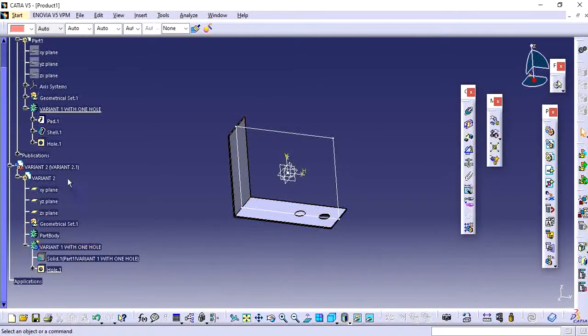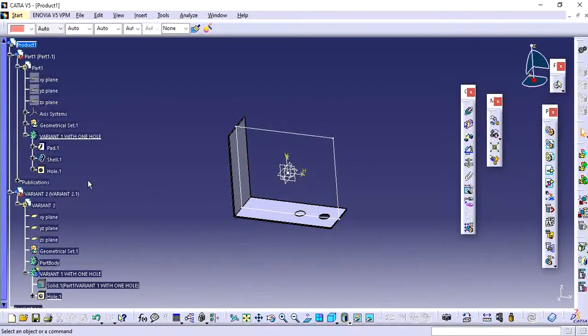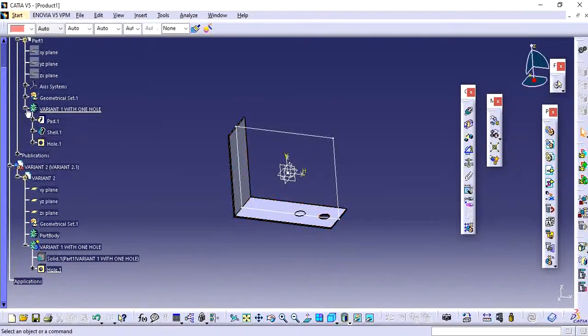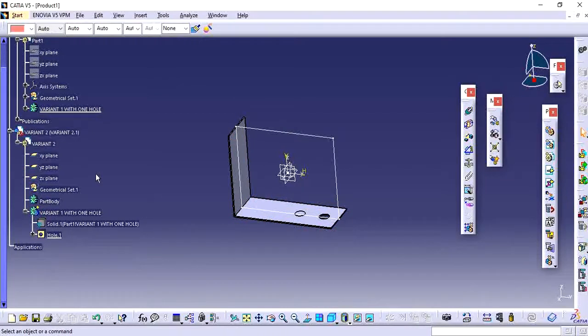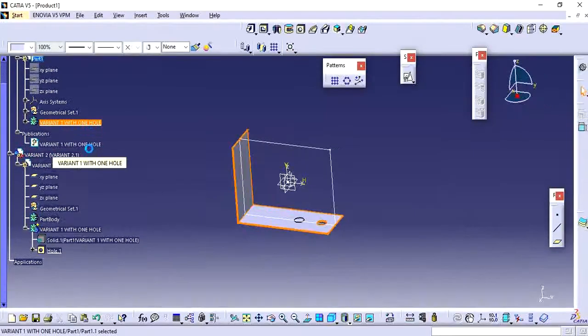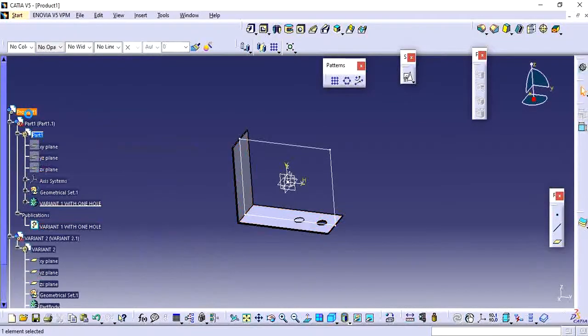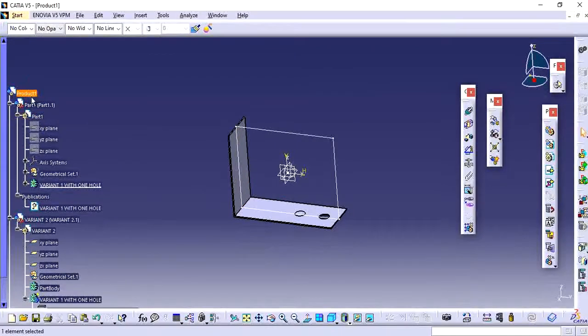Because we have created this link not under the product. So whenever you are going to do this publication, keep in mind you need to create one more separate product so that your parts will be linked together. Just copy. Once again you need to click the product and